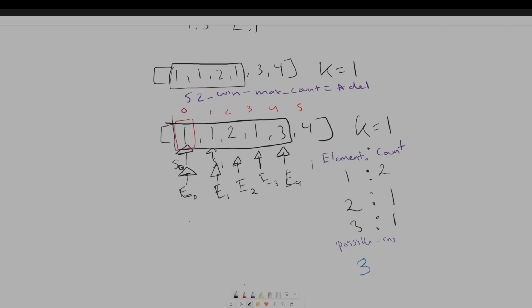E4, E5, and our max count is... and we also add the 4 to our count. We get 4 1, and we get size of window, which is no longer, it's now this that we're looking at, and we get